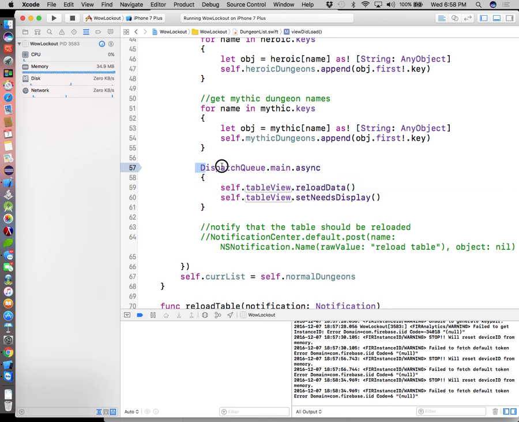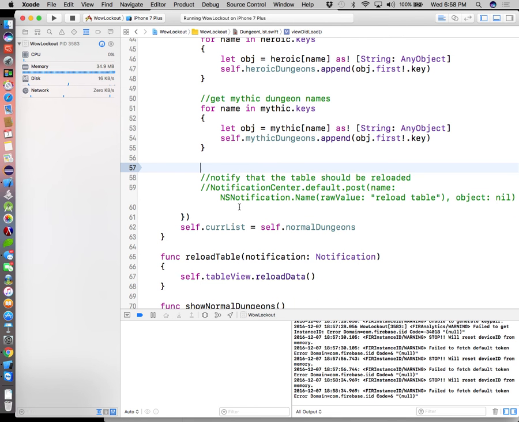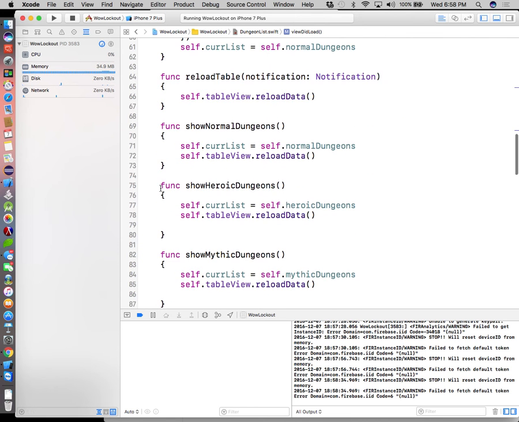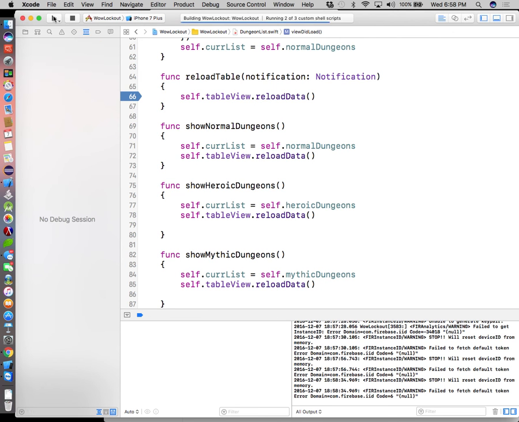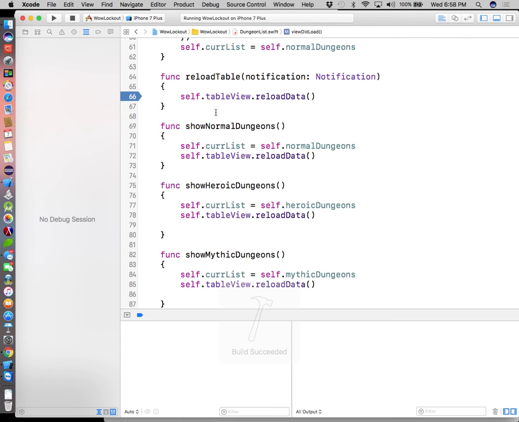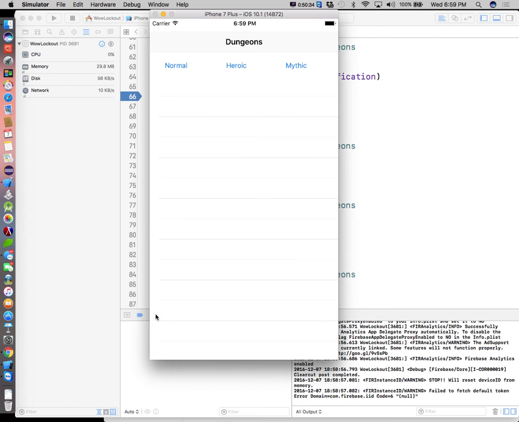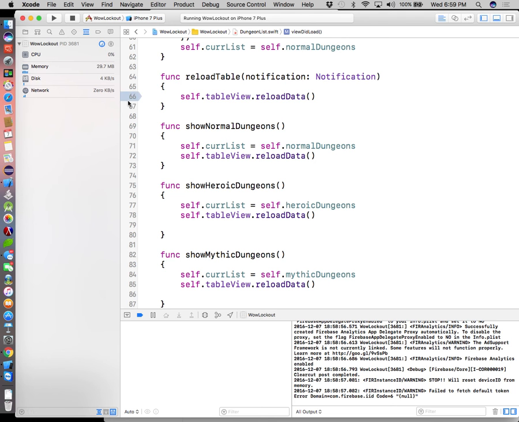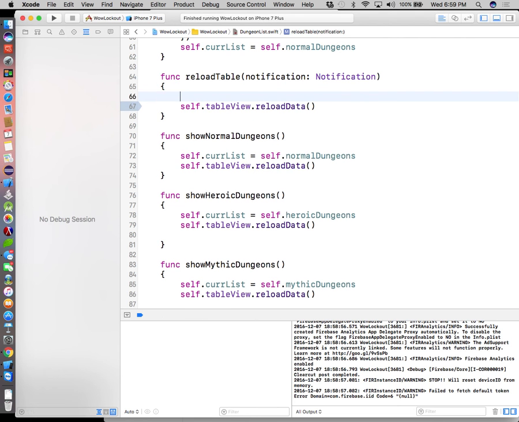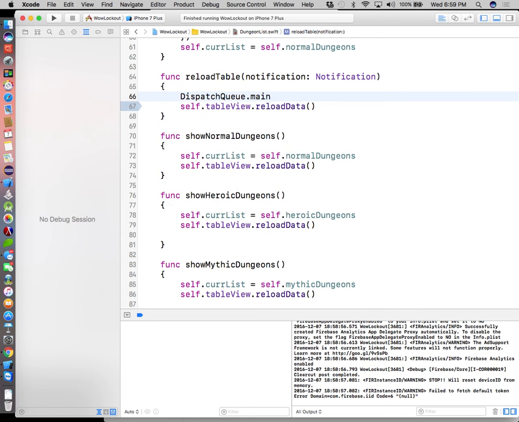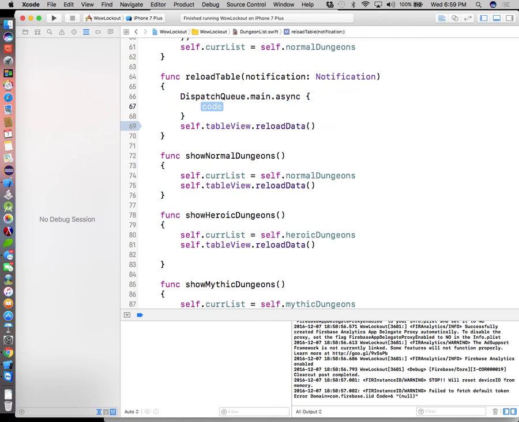So let's make sure that this guy was getting called, our notification, because that notification thing should have worked. Let's just make sure we're getting here, just in case that function was never actually being called. Okay, he's being called. So what if I say dispatch queue.main queue.async